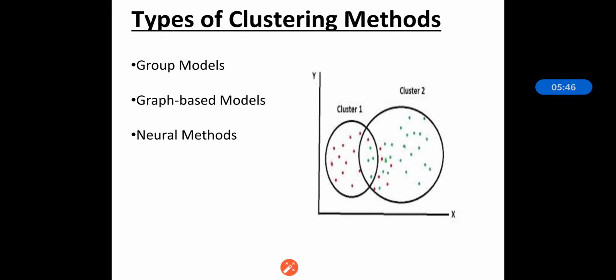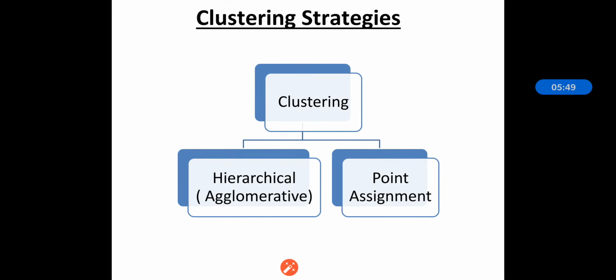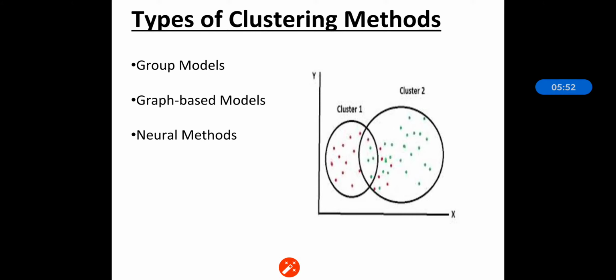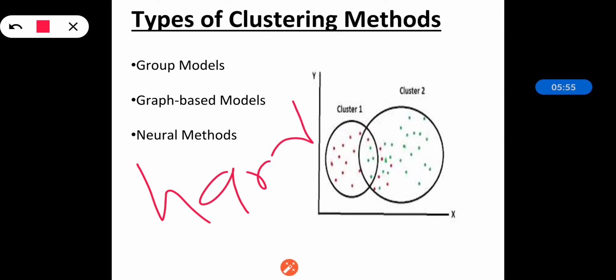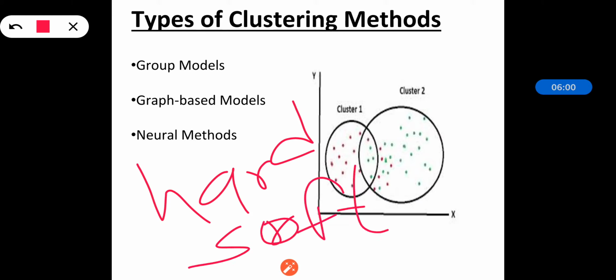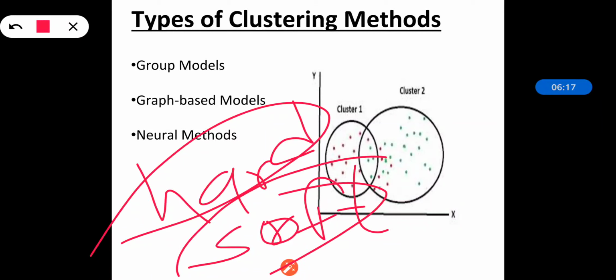So clustering can be roughly divided into two parts, hard clustering and soft clustering. In hard clustering, each object either belongs to a cluster or not. In soft clustering, as we have seen with fuzzy, each object belongs to each cluster to a certain degree, and it can belong to another cluster also. So in this section we have seen various types of clustering methods. In our next section we will see the clustering strategies that are used. Thank you.